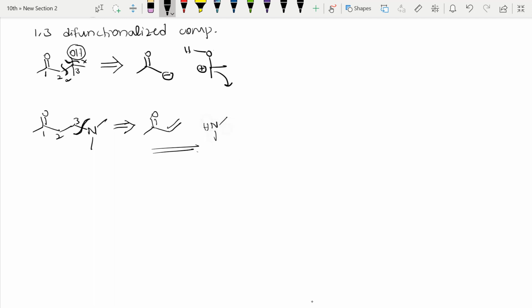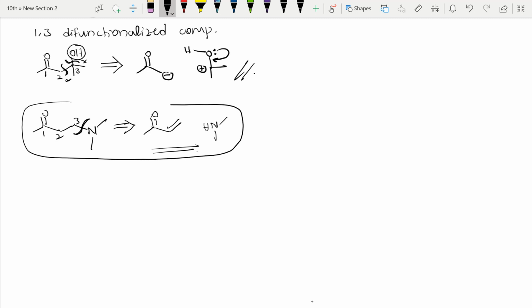This carbocation will be stabilized by the lone pair of oxygen, because of which we show it like this. So we split like this. I should not say split here; we disconnect. In retrosynthesis we disconnect like this. I hope you got it. So you can remember to analyze this also. Here we split like this.